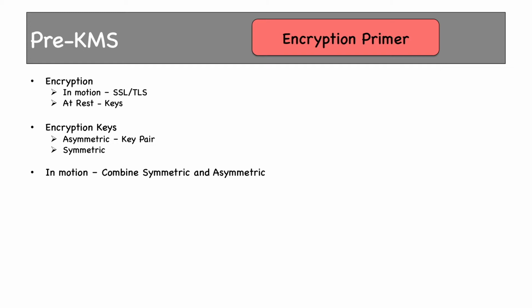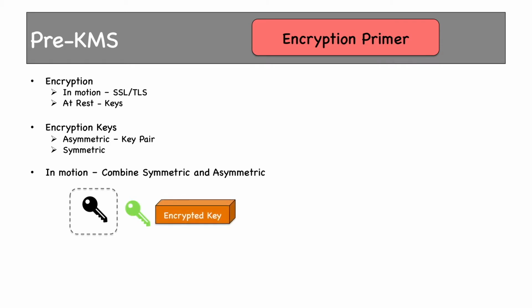That is, combining both symmetric and asymmetric keys. This is the symmetric key which the client has. This key can be used for both encryption and decryption. And the client wants the server to use this key to encrypt and decrypt data as well. But how does it send this key to the server? If it is sent over the internet without any protection, then anyone can get hold of this key. So the client uses the server's public key to encrypt this key.